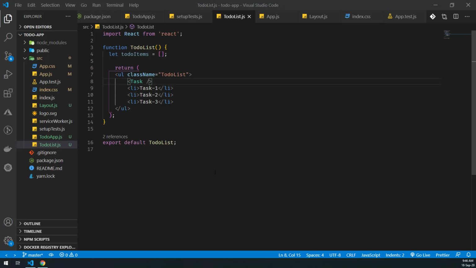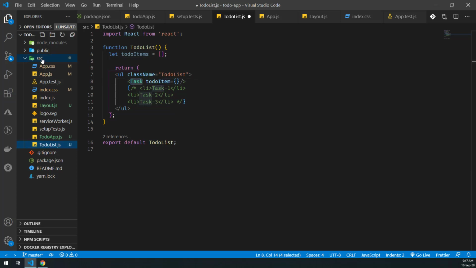Welcome back. So this is our to-do list component, and in the previous video we decided that we will have a task component which will be displayed by this to-do list component. So I'm going to remove these list items, and our task component will get a to-do item. We will pass a to-do item to our task component, and it will be responsible for displaying this item on the screen. So initially we are just passing an empty object to this task component.